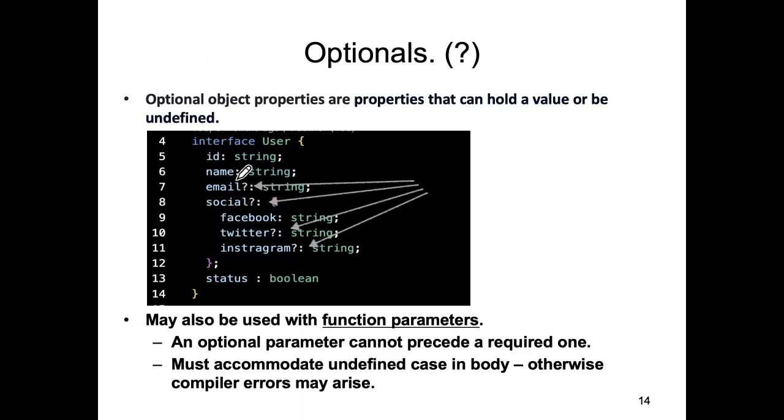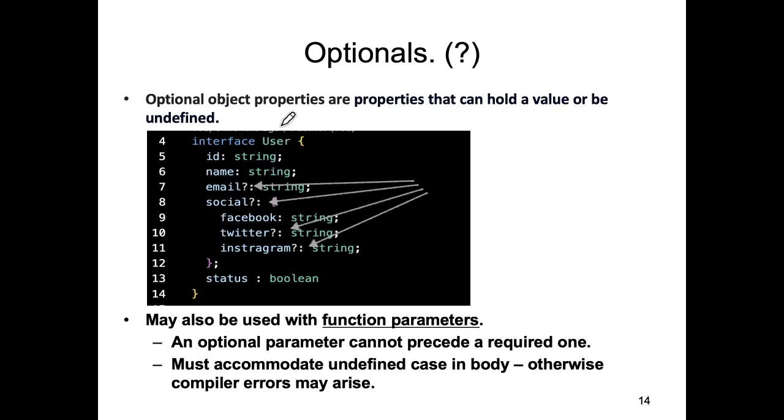If they do have an email, then its type has to be string as well. I'm saying some users may have a social property. The question mark here indicates that it's optional. If a user object has a social property, then in the breakdown of that social property, it has to have a Facebook property, and it may have a Twitter property and/or an Instagram property. So this question mark is indicating where the optional properties are within my overall